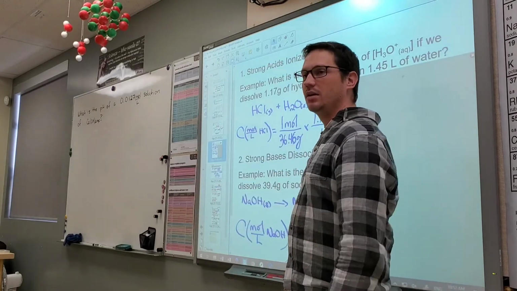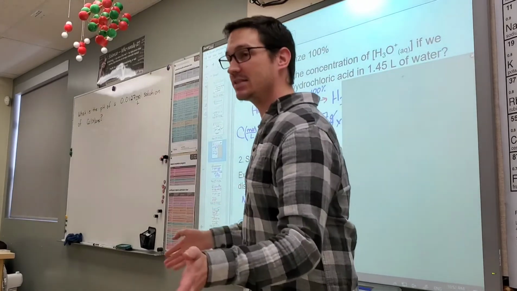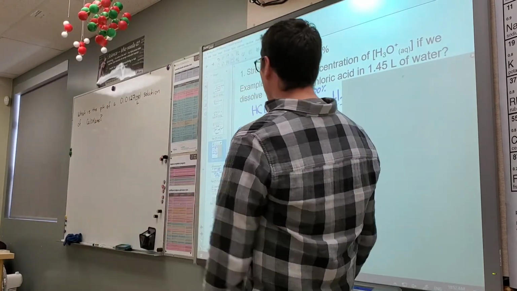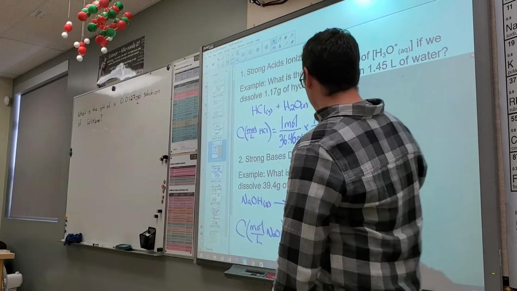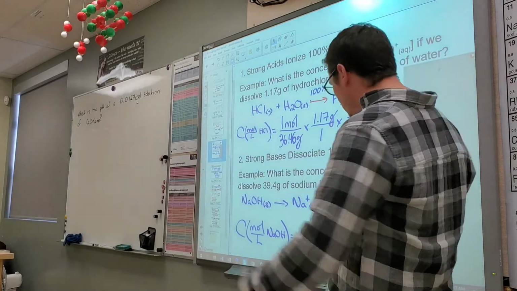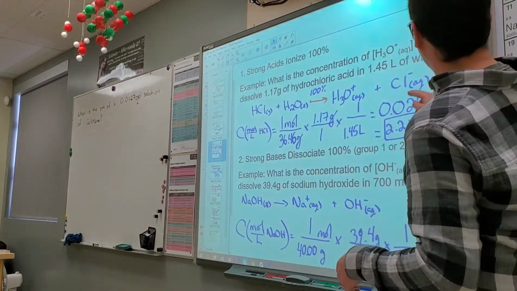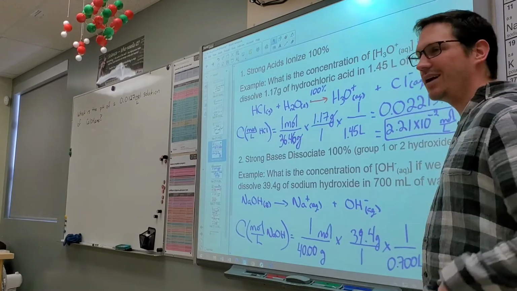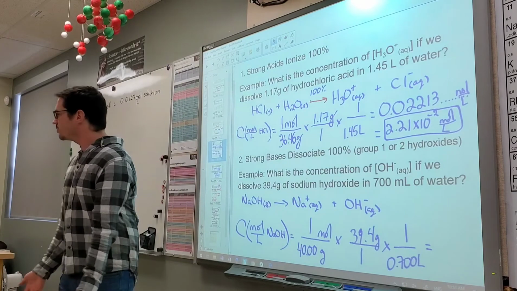Are we done? No, you don't want moles. You don't care about moles unless it asks you for moles, right? But in this case, you don't want moles. You want moles per liter. So the only thing you have to do is stick liters in the bottom. You just do it, right? So then you will get your appropriate concentration. Now, I'm not going to go through every single example here, but that's how unit analysis works.